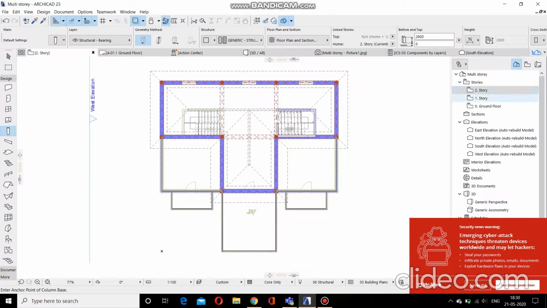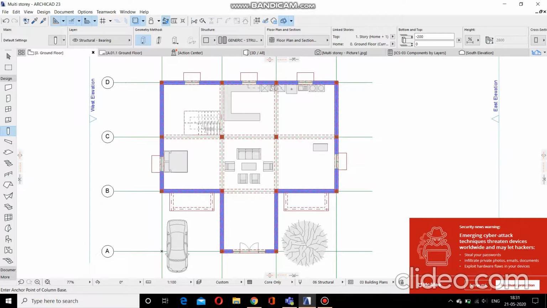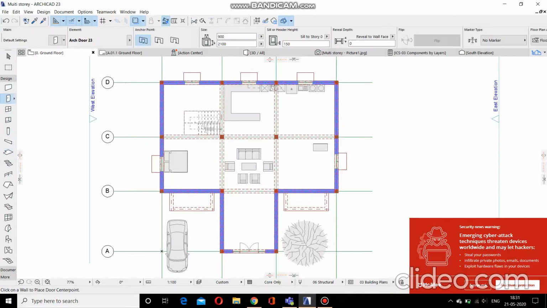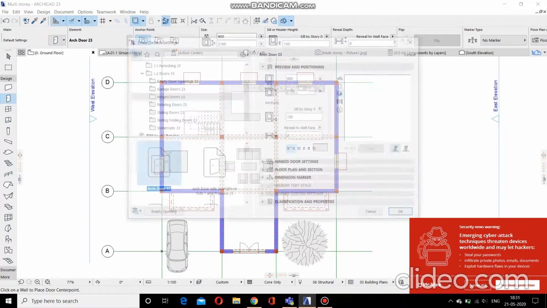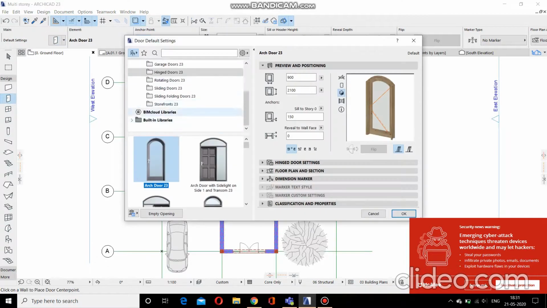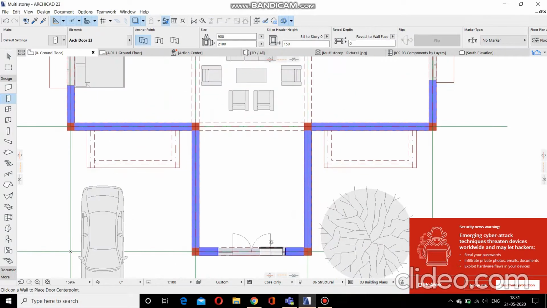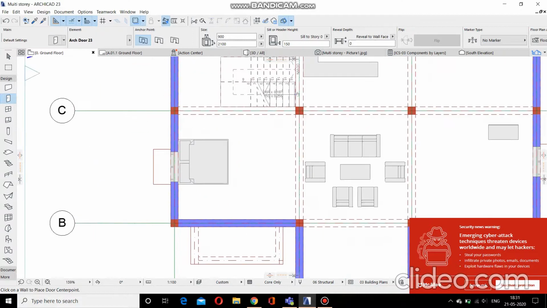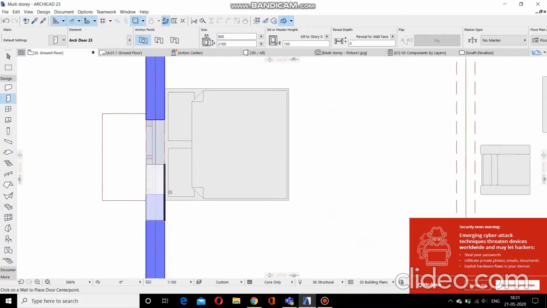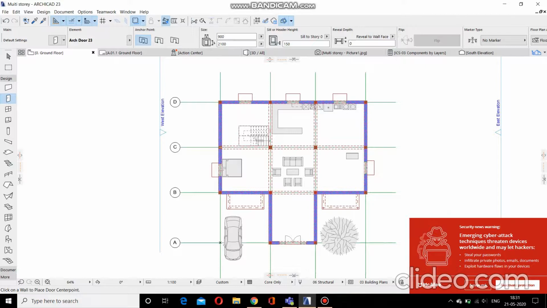After creating the frame of the structure, we went on to add doors and windows. For that we use the door tool and also the window tool. So for example, in the door tool, if you open this, we have different types of doors, and we added those doors and also windows to the required position. Here you can see that the double door is added as the entrance in the ground floor, and here a sliding window was added to this portion, and windows and doors were added like that.